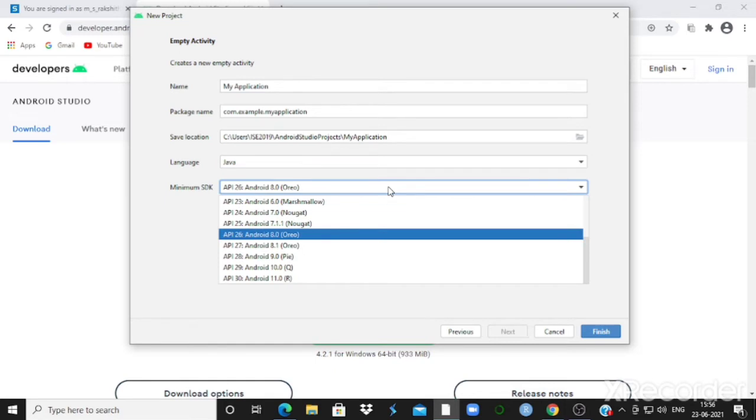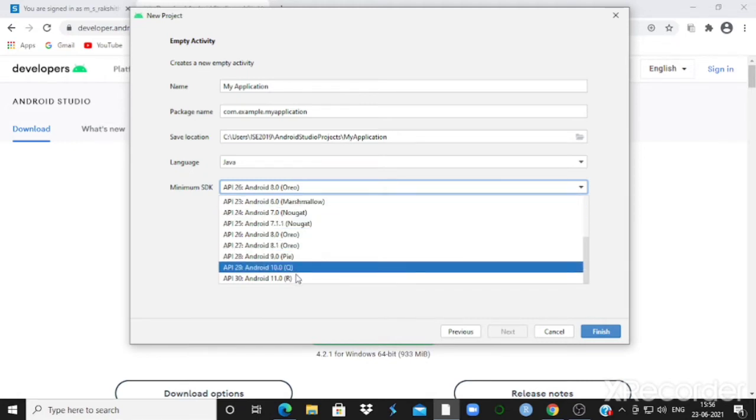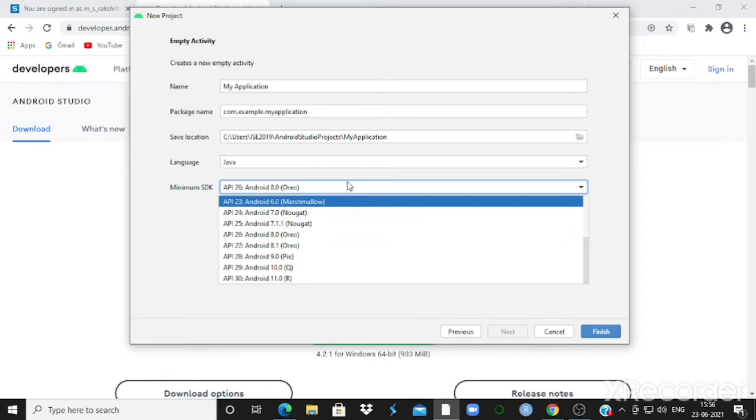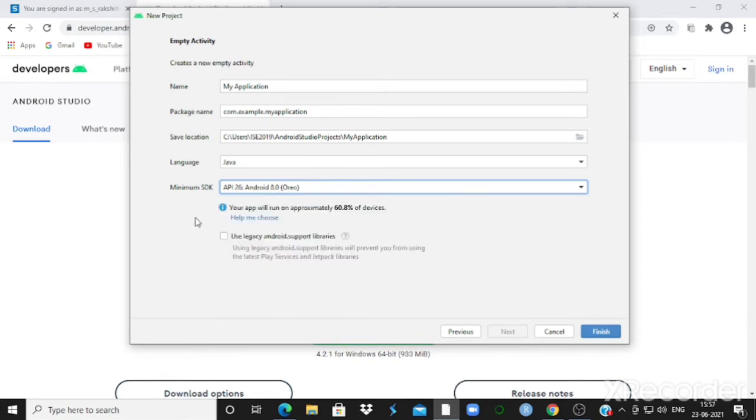This shows a minimum SDK. There are many APIs, application program interfaces, in different versions. Every year they release different versions: Oreo, Pie, Q, R, etc. You can select any one of them. I'll select Oreo. Based on your selection, your app will run on approximately some percentage of devices. If I select Oreo, it says that around 60% of devices can run your application.